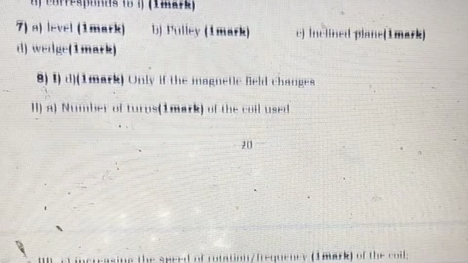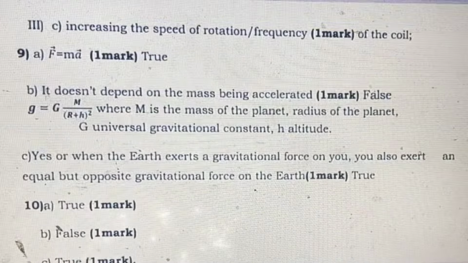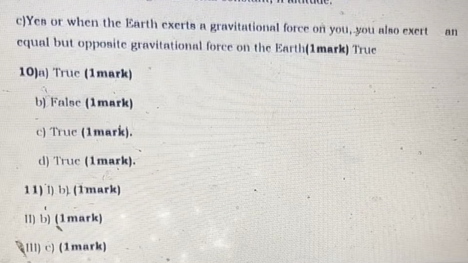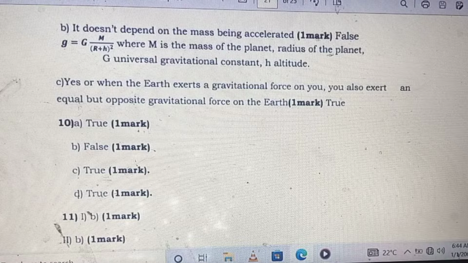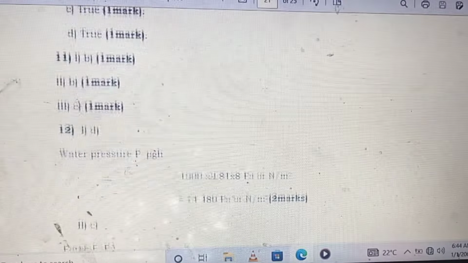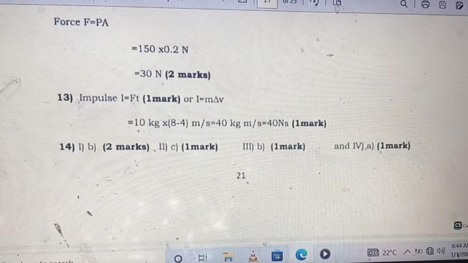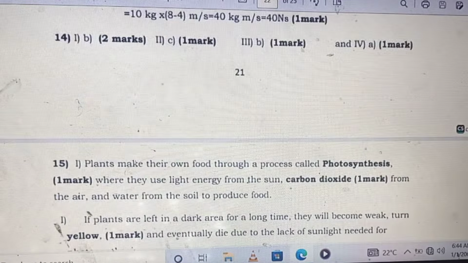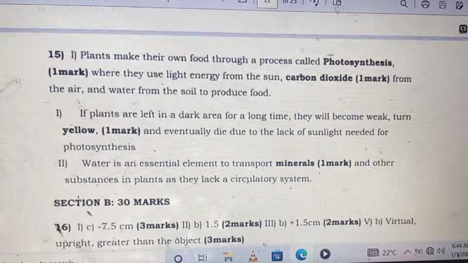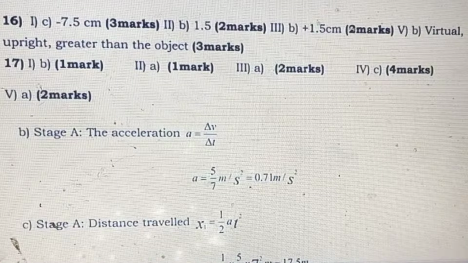This is question 7. This is question 9. This is question 11. This is question 12. This is question 13. This is question 14, 15, section B, question 16, 17,